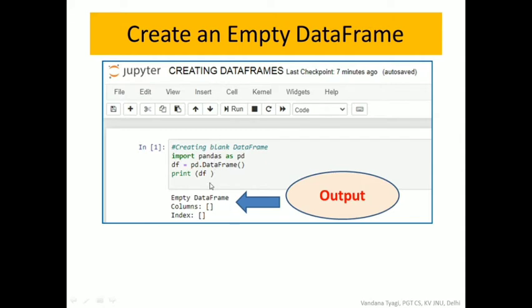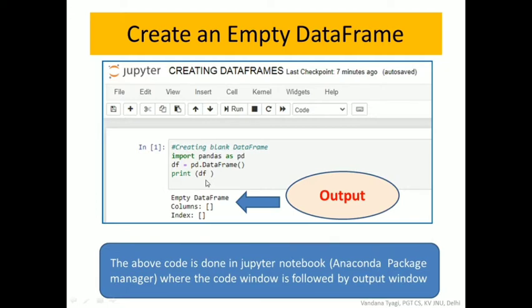Now this code I have written on Jupyter Notebooks. It is accompanied with my Anaconda package manager, which has all my Python libraries. So once you have Anaconda, we are not separately installing any of the Python libraries with the pip install statement. So if you are working with this, there is no need to install pandas separately. It is automatically coming with the Anaconda Jupyter Notebooks.